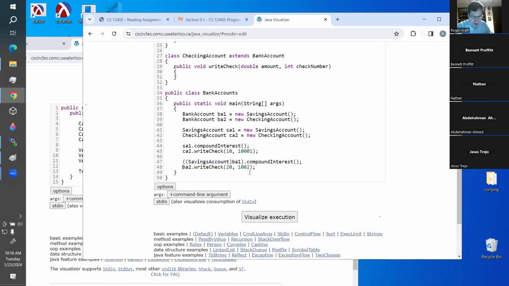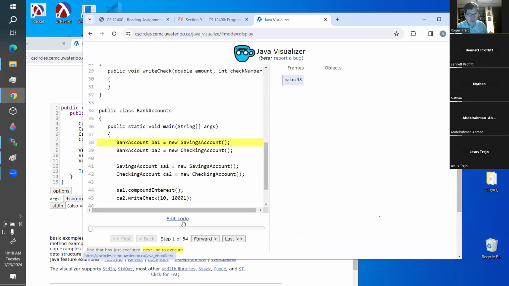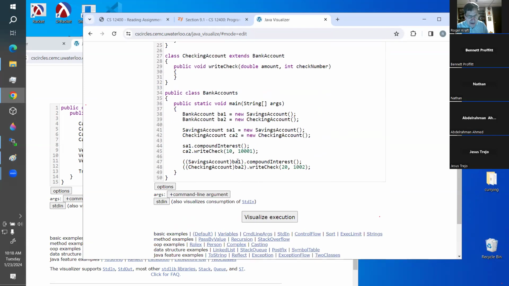And over here, I can do the same kind of thing. I can say that this bank account is really a checking account. And now Java will let me call write check on it. Java was happy now. So even though that's a bank account reference variable, I can cast it to what it actually points at, but I have to know what it points at. If I do know, I can say to Java, this bank account reference variable really is pointing at a savings account object, so go ahead and call compound interest on it. And this bank account reference variable really is a checking account object, so go ahead and call write check on it. But without those casts,